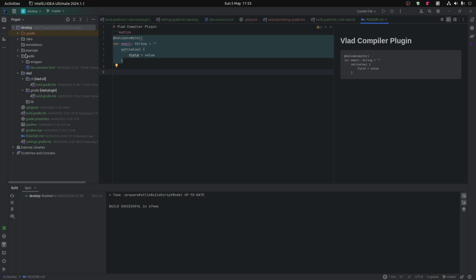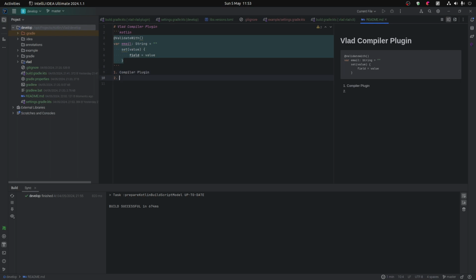So the project structure is made up of, I think, 4 items. The first item is definitely the compiler plugin. The second item is the Gradle plugin. The third item is maybe a library, but this is dependent on what type of plugin you want to create. So that will also define how you're going to be structuring the project a bit. The fourth item is maybe an annotations library,